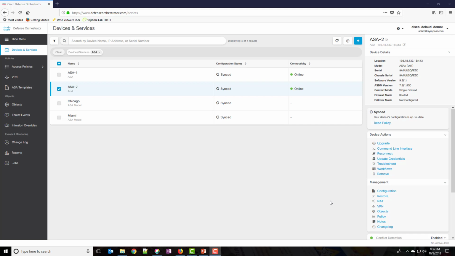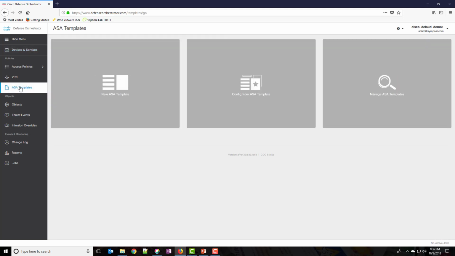Alright, so here I have a few ASAs in my environment, and I want to create a template from one of the ASAs so I can use it as my new best practice device moving forward. To do so, all I have to do is choose ASA templates from the side menu,